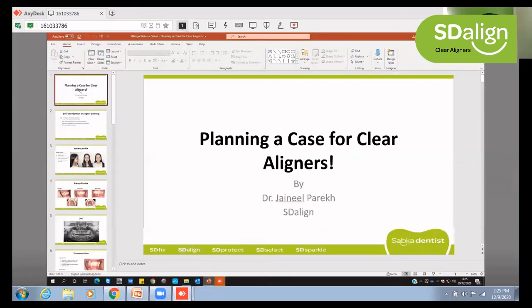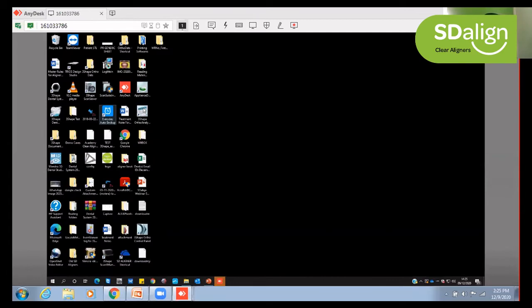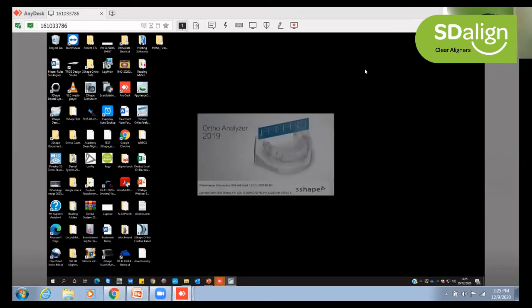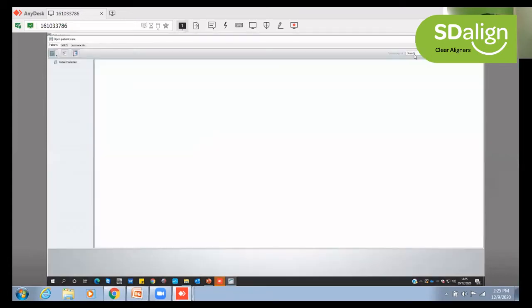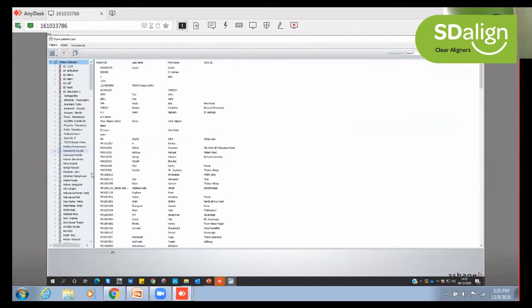Okay, so now we are on the system. Many doctors ask me what the requirements for the system are. It is a very high-end system and it requires a lot of RAM, but we just have to connect it and we can see the correction live. We don't need much in the way of system requirements from our end.